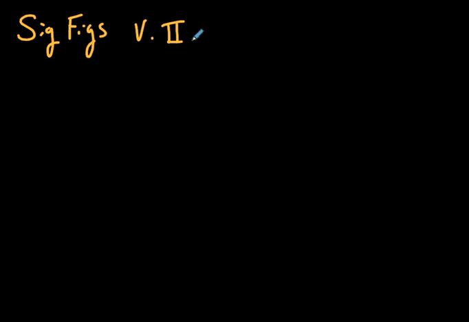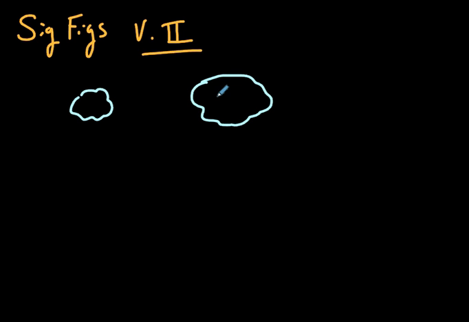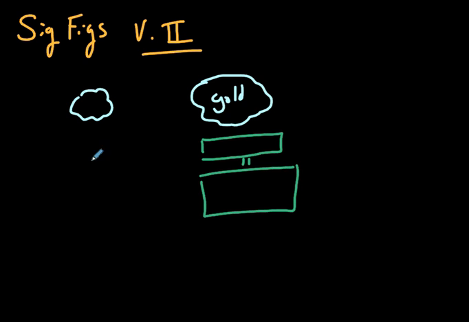Volume 2. So yesterday, we looked at some fairly straightforward examples, and we asked what would happen if we were to add up two different chunks of gold, and what values we could actually report when we were finished adding them. The whole concept was that if these were measured on different scales with different precisions, the math would not give us a correct value. And just to quickly remind, in case people weren't here, what we said is if we have two expensive